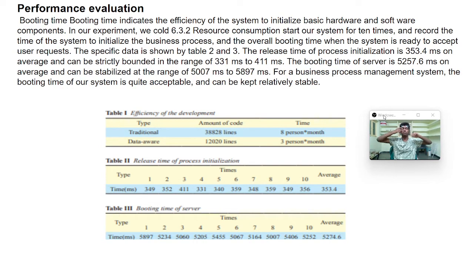Performance evaluation. Booting time. Booting time indicates the efficiency of the system to initialize basic hardware and software components. In our experiment, we start the system for 10 times and record the time of the system to initialize the business processes and overall booting time when the system is ready to accept user requests. The system specific data is shown by table 2 and the release time of process initialization is 353.4 milliseconds and